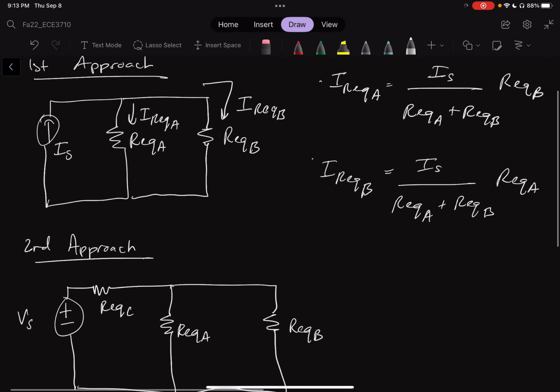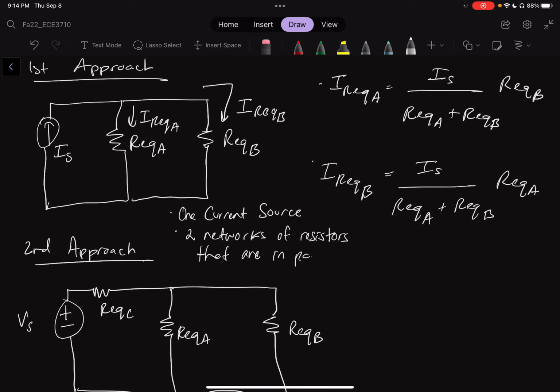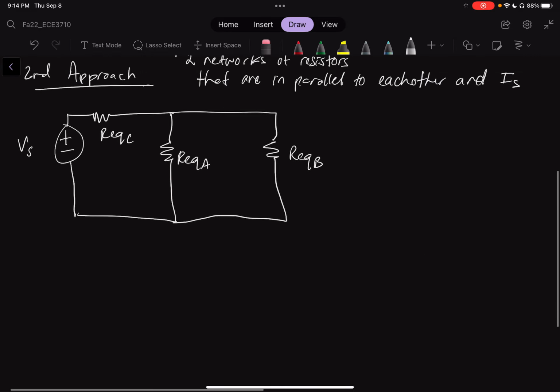So in the first approach, what do we have? We have one current source and two networks of resistors that are in parallel to each other and IS. But here, in the second approach, we have a voltage source in series with R equivalent C,